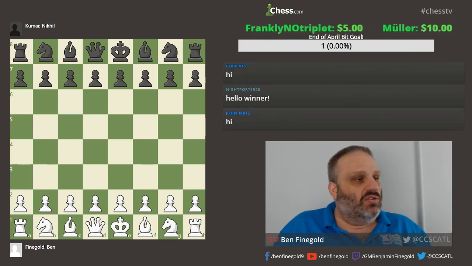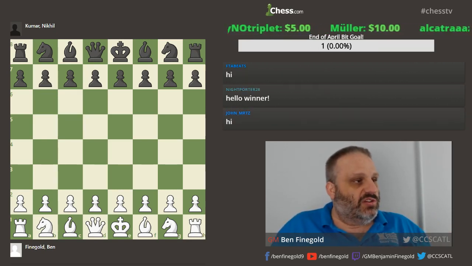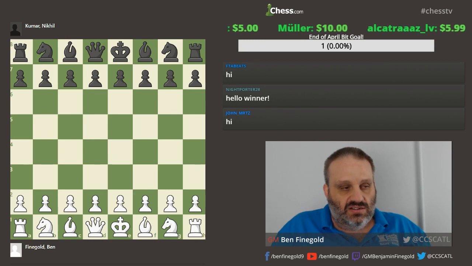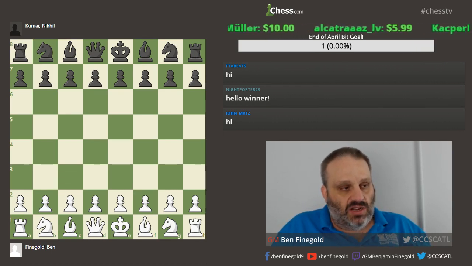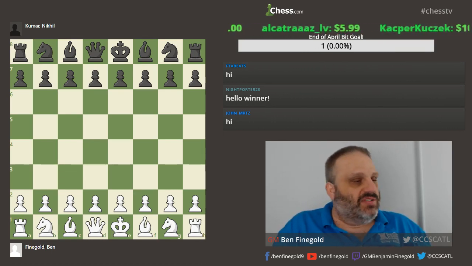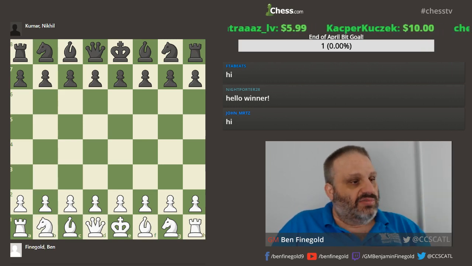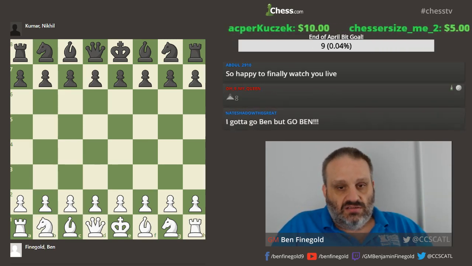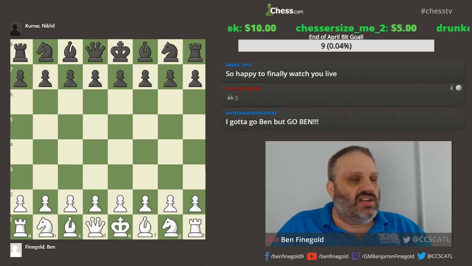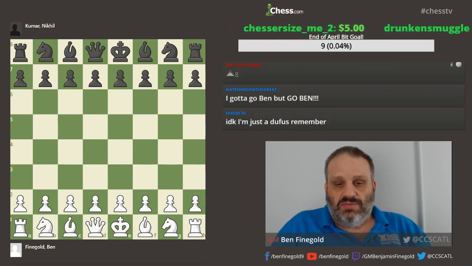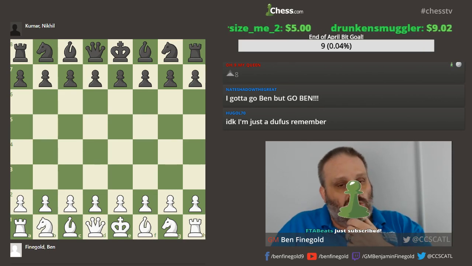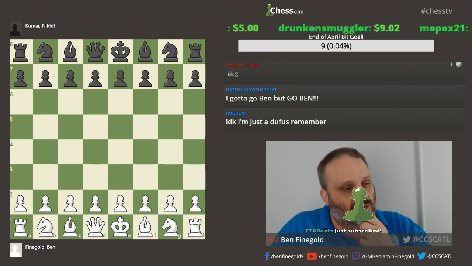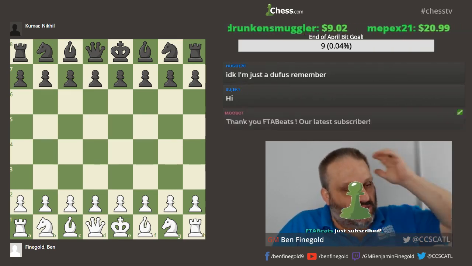Does anybody know if that's the only thing I can do with the widget for bits, or if I can make it say how many bits I want? Right now it has the percentage and the number of bits because somebody donated a bit. So the percentage is working and the bits are working, but it doesn't say what the total is. You have to do math yourself. That's weird. Thanks for the sub, FTA Beats.